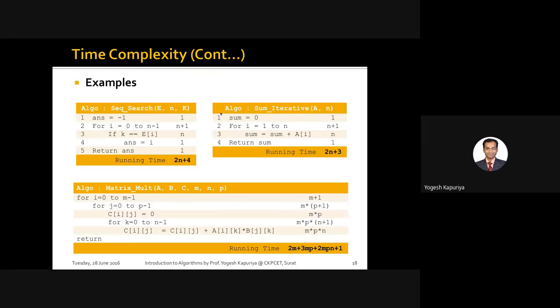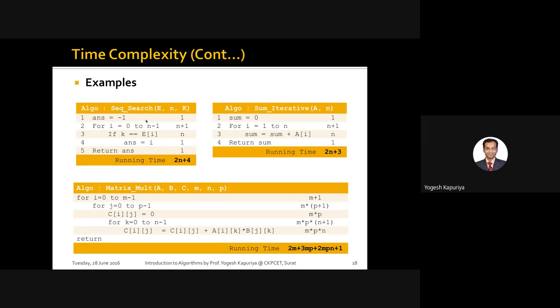You may argue, why do you need to do this? I am not saying this is an optimum sequential search. I am saying that this is one of the algorithms which you can call a sequential search. So I repeat this, and then finally I return the answer. Answer will be -1, which indicates that the key element is not found. Anything greater than or equal to 0 indicates that the key element is found at that particular position, and your position starts with 0. I hope you understood the algorithm. Then let us focus on the right part, that is the calculation of step count.